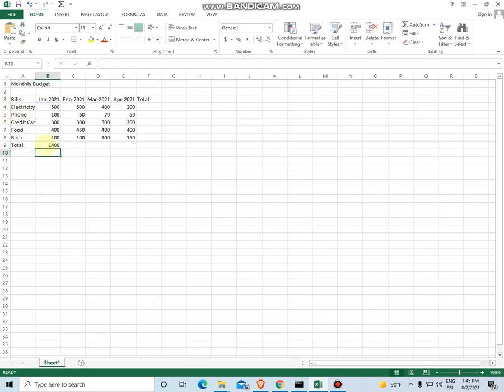Very nice, we got the exact and correct result, and you saw when we typed here we got some color coding, and that is very nice. Now if we update this cell, the phone is not 100, and instead of 100 we type 50, you see the result also changed.